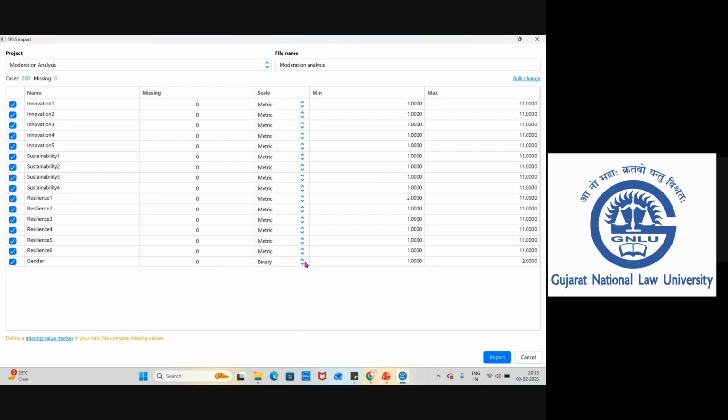Okay, if it is not identified properly, we need to correct it. So we have binary male, female. Minimum value is 1, maximum value is 2, like 1 for male, 2 for female. So having understanding about data is always important. Okay. And we have 200 responses. You can see that we don't have any missing values for any of the indicators, right? And just click on import.